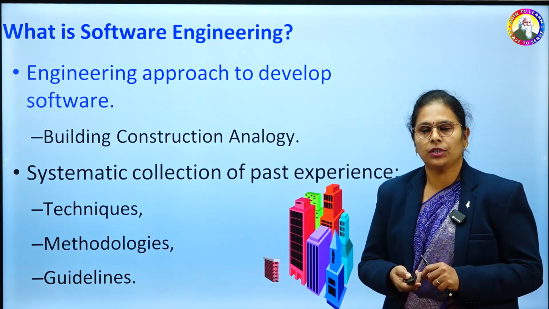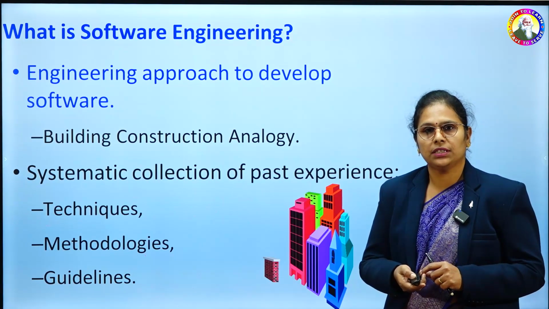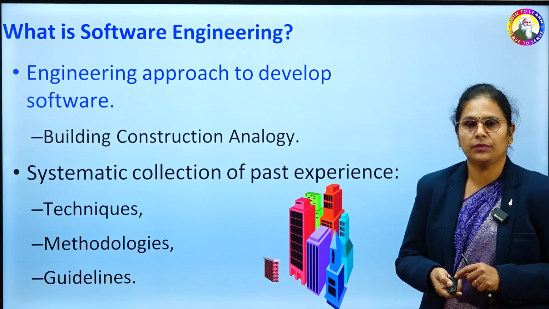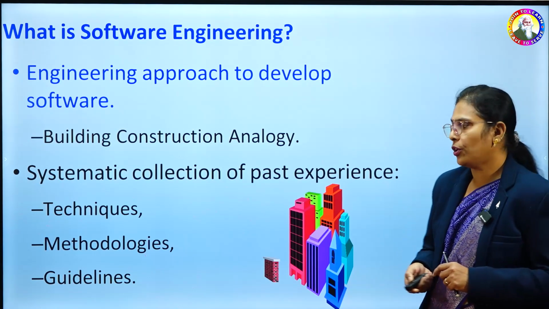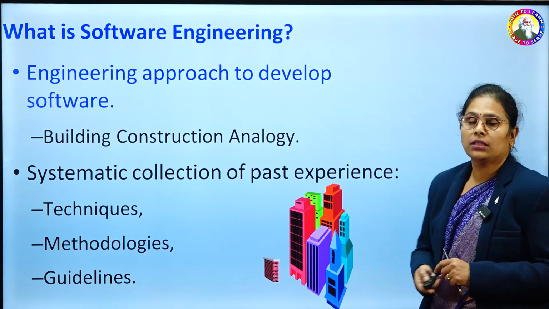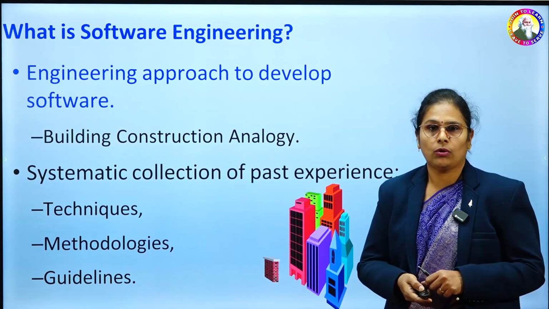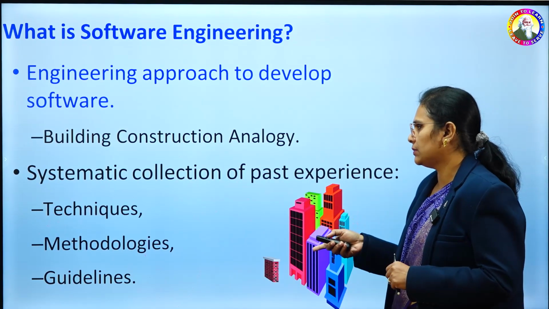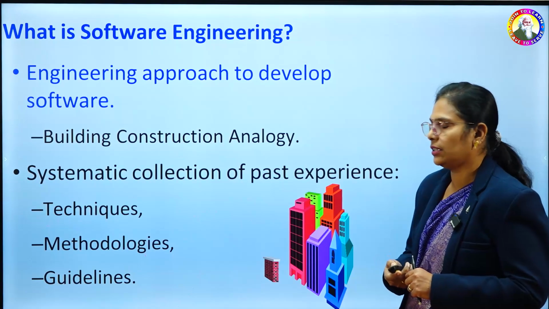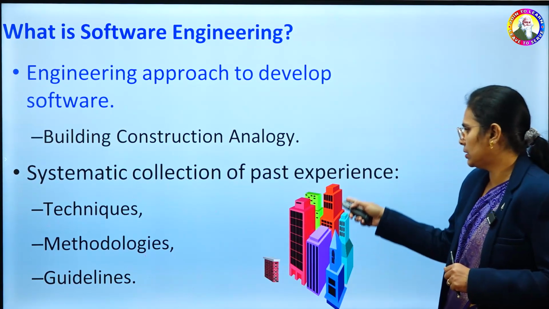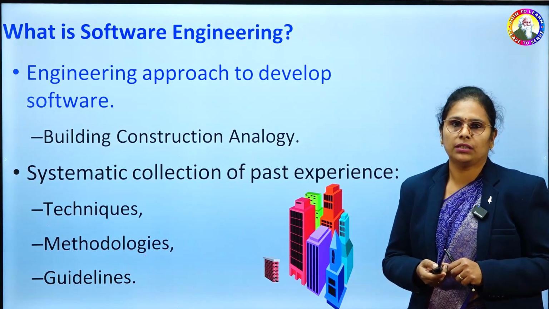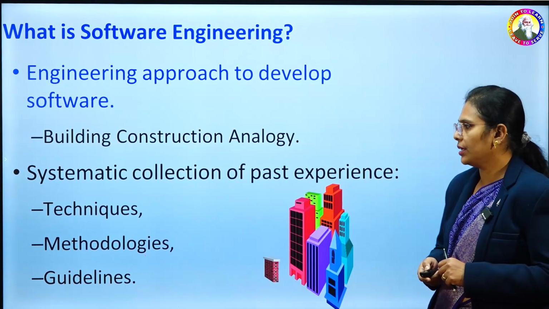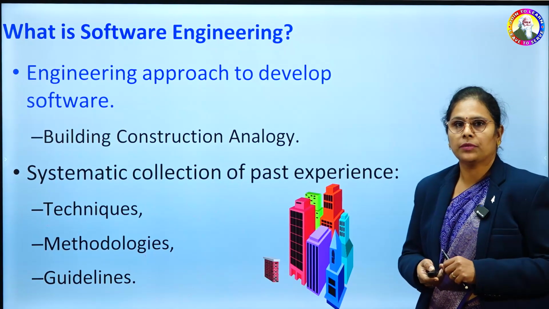Why will he fail? Because he may have the experience, but technicality may be lacking for him. So technically, he is not prone to develop the total process. In order to develop this type of building, he needs some technical knowledge. Now, coming to this systematic collection of past experience, which contains techniques, methodologies, and guidelines. This type of building, which a civil engineer can build, is not done overnight. It requires so much technicality, which may be acquired from past experience.